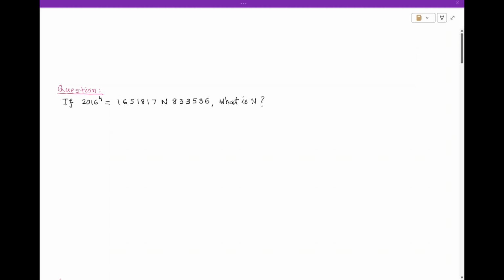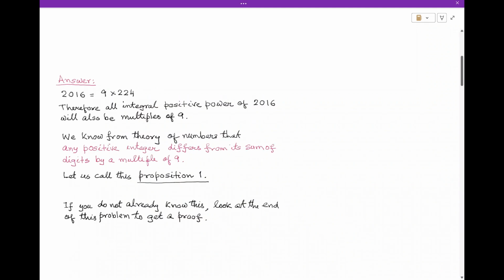If 2016 to the power 4 is equal to 1651817n8335536, what is n? Now,